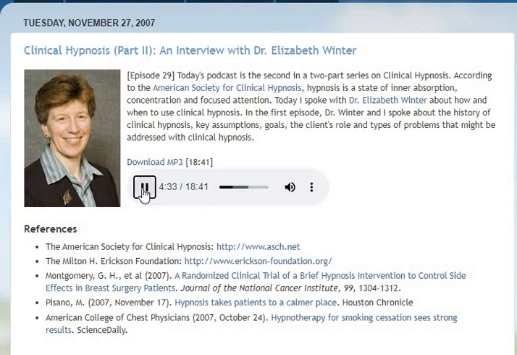So it really depends. It depends on, do you have the training and the skill set to do a particular piece of work? And if you wouldn't do it without hypnosis, you shouldn't do it with. So you use clinical hypnosis when someone asks for it, when it seems clinically appropriate, but also with the caveat that hypnosis is used within a treatment context that is within your scope of expertise and your scope of practice.